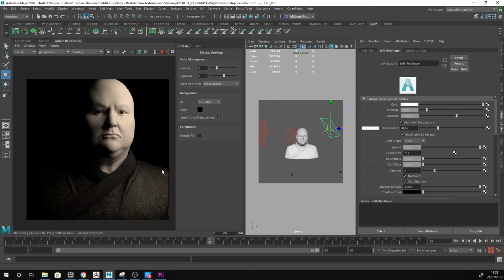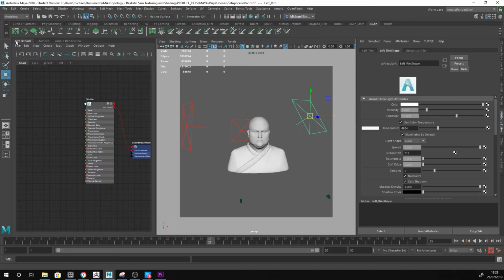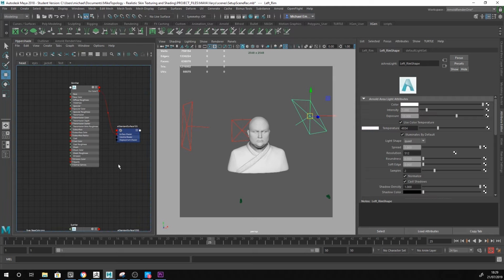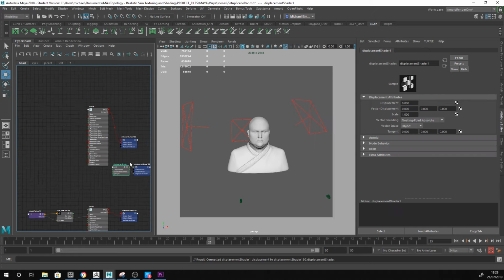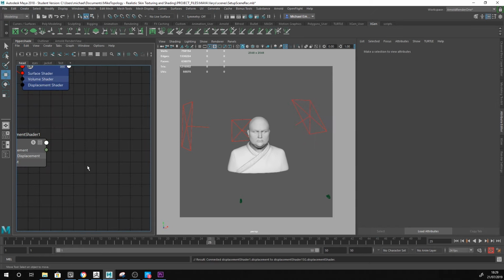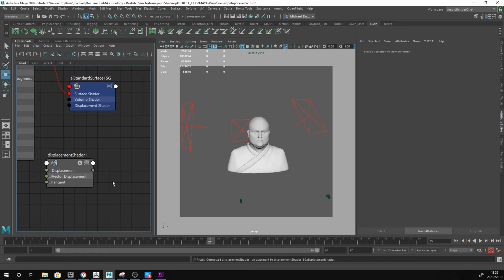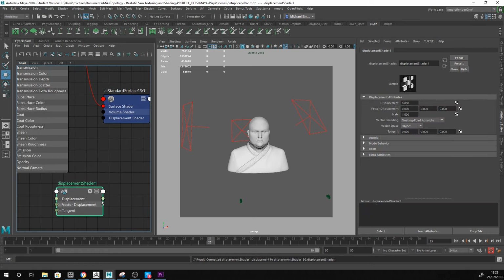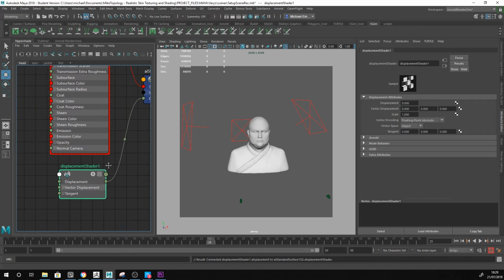So I'm just going to pause that, go to Hypershade. So whenever you create a displacement map, what you want to do is hit Tab, search for displacement, click on displacement. So I tend to delete this blue bit and I apply the displacement to the displacement shader. Then